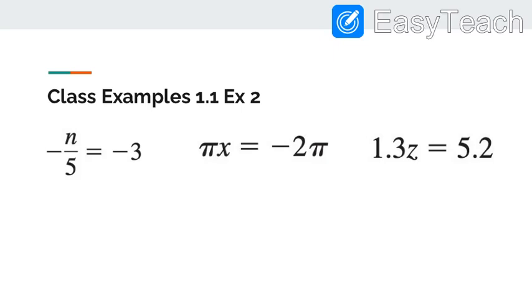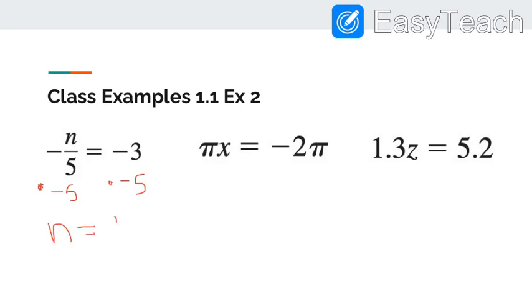Again, we're going to continue on with this. That first one was adding and subtracting. This one's going to be multiplying and dividing. So for this first one here, we see that we have negative n over 5, or negative n divided by 5, equals negative 3. So in this case, we actually want to multiply both sides by negative 5. So multiply by negative 5 and multiply by negative 5. Because it was dividing, now it's going to be multiplying, so this becomes n